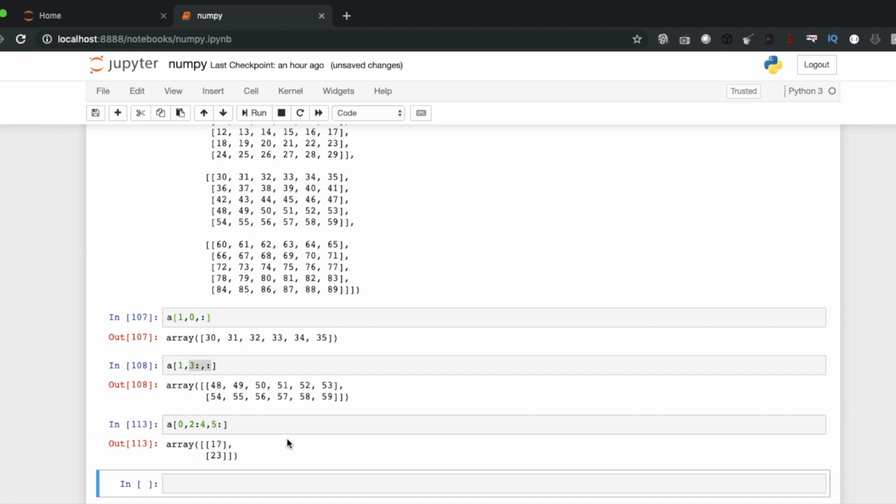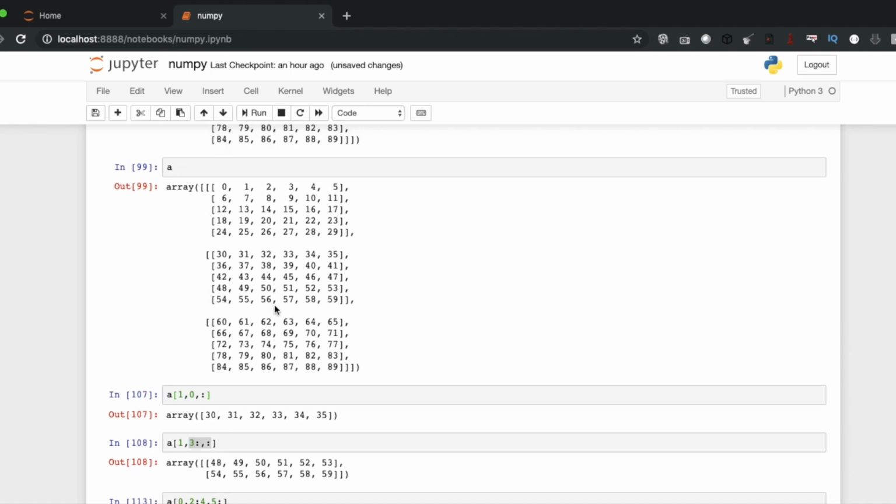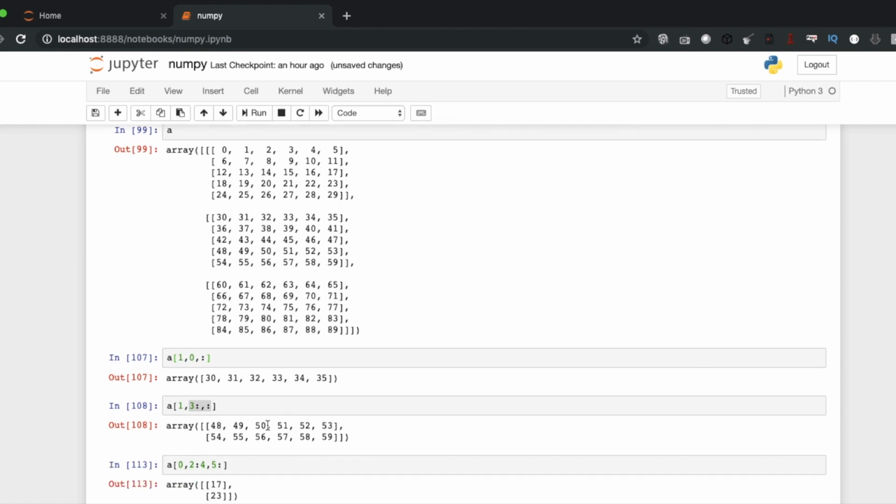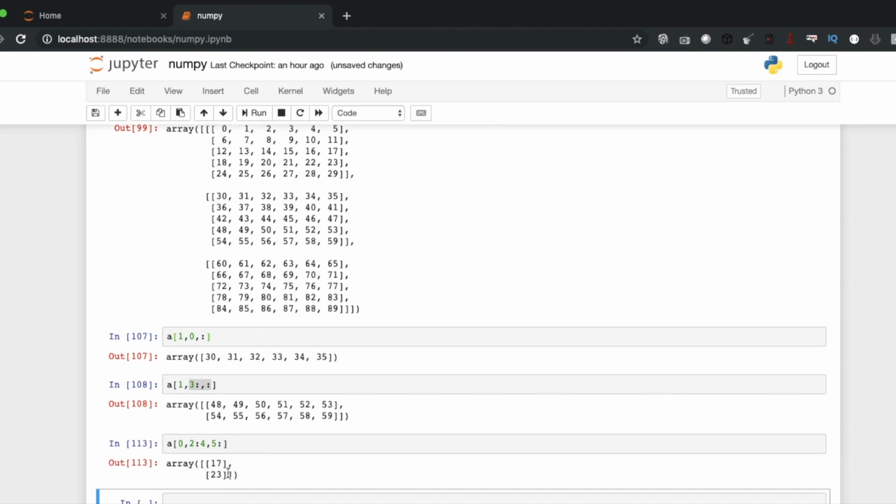Cool, pretty much. If you are collapsing dimension-wise, you need get item calls, but if you are not collapsing, you need just slicing. For example, here from 3 dimensions I'm just getting 2 dimensions, so I need only one get item call and two slicing calls.